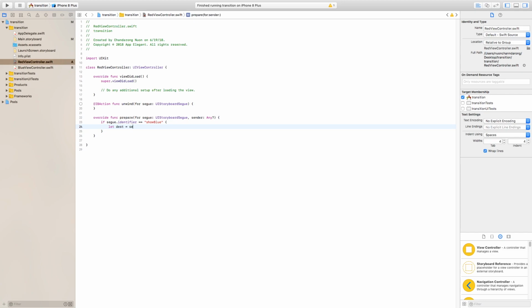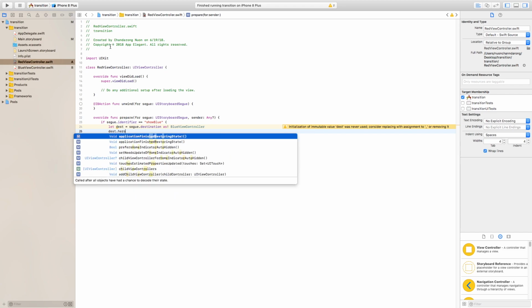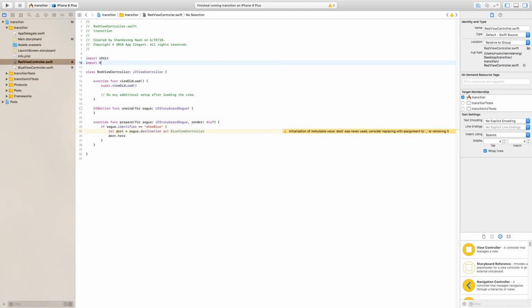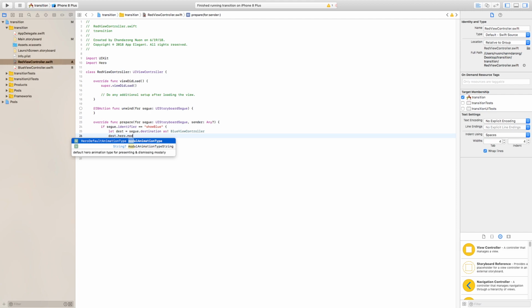And here the usual stuff, we will get reference to the blue view controller, and then here is the part when we change the transition animation. We're gonna need to write just a single line of code here. So we'll say dash.hero. I forgot to import Hero, so don't forget that. Hero dot modalAnimationType equal